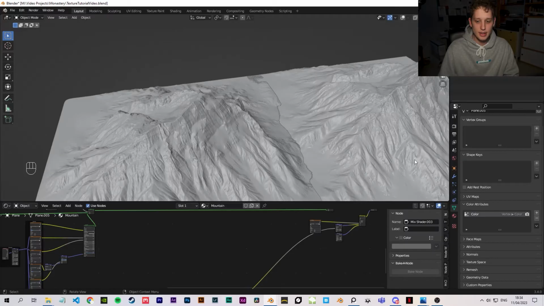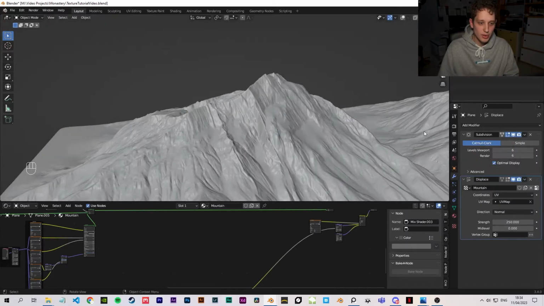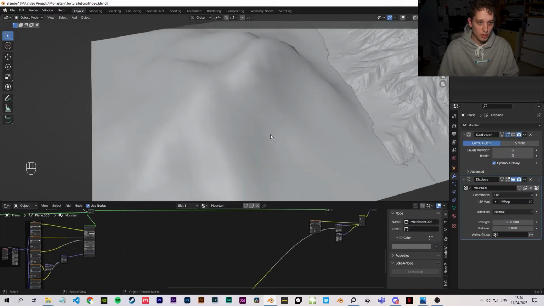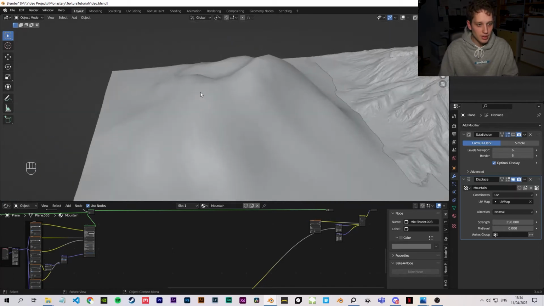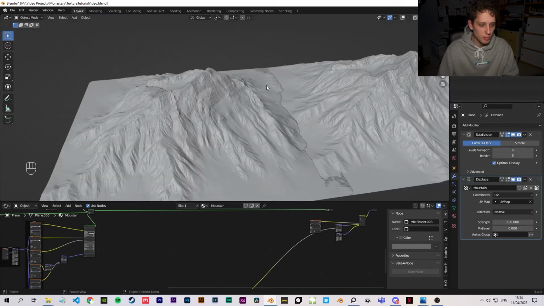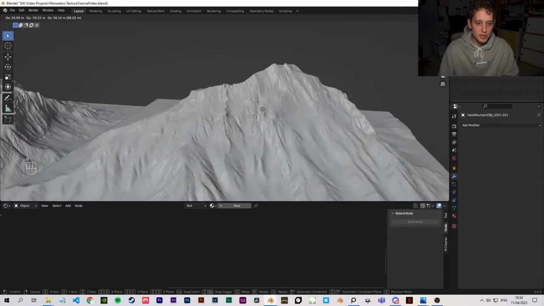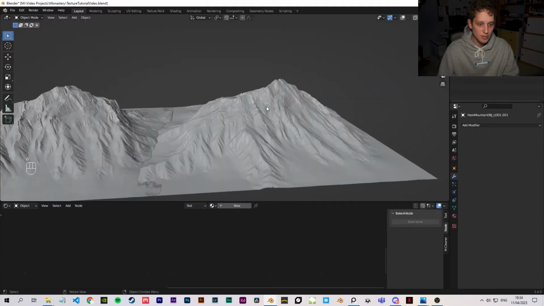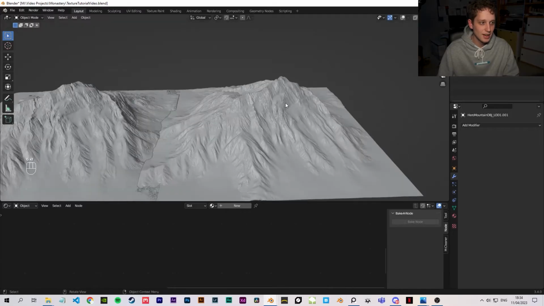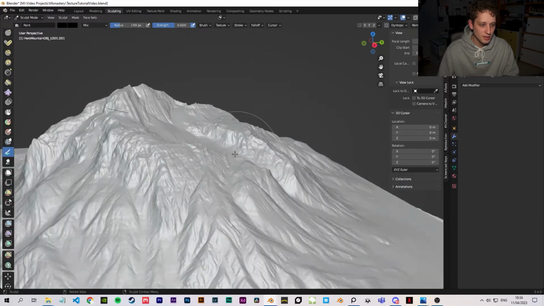But sadly, that doesn't work when you have a subdivided plane, because it will just work with an unsubdivided plane. I think maybe with multires it will work, but I just take the low object that I have and just use it. Then I go into sculpting and